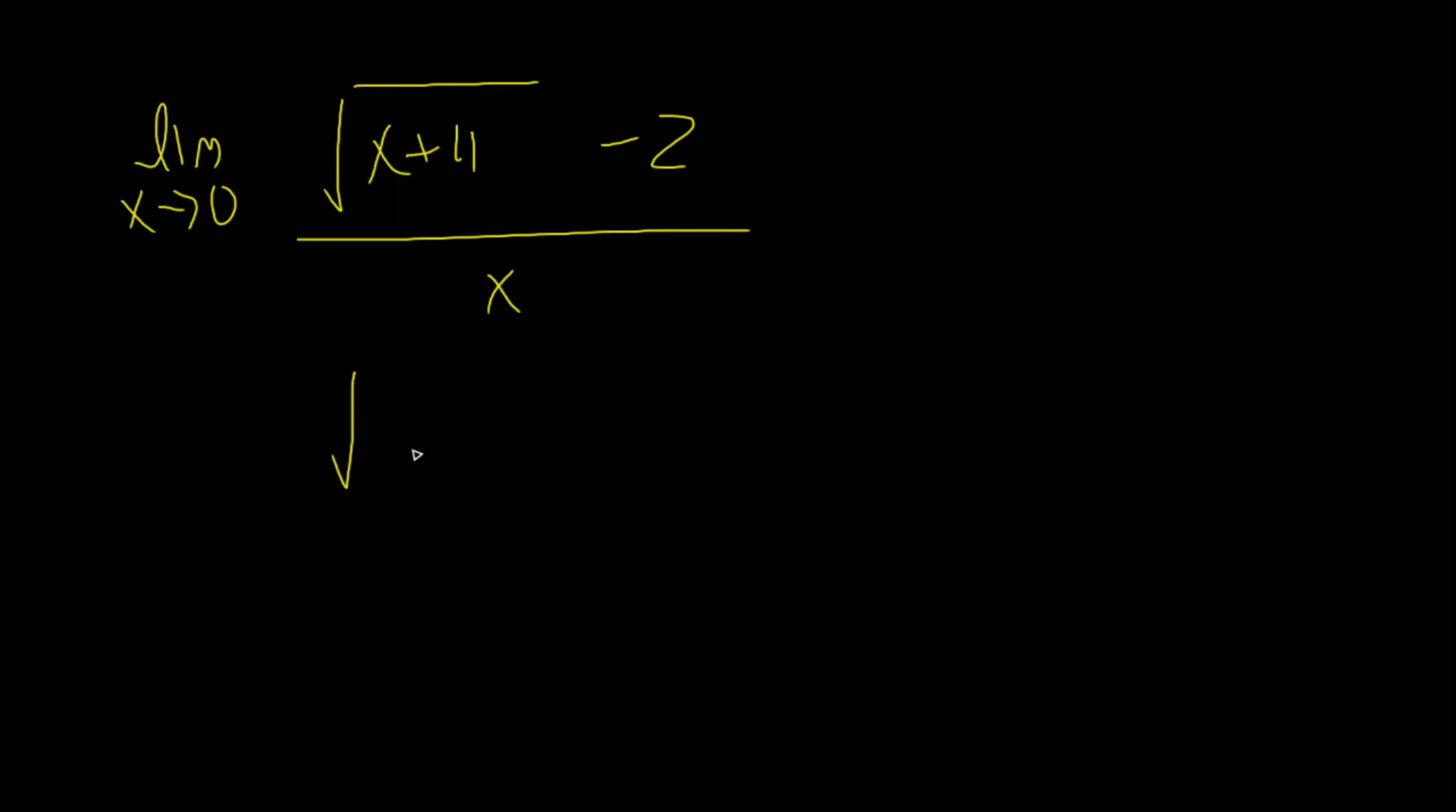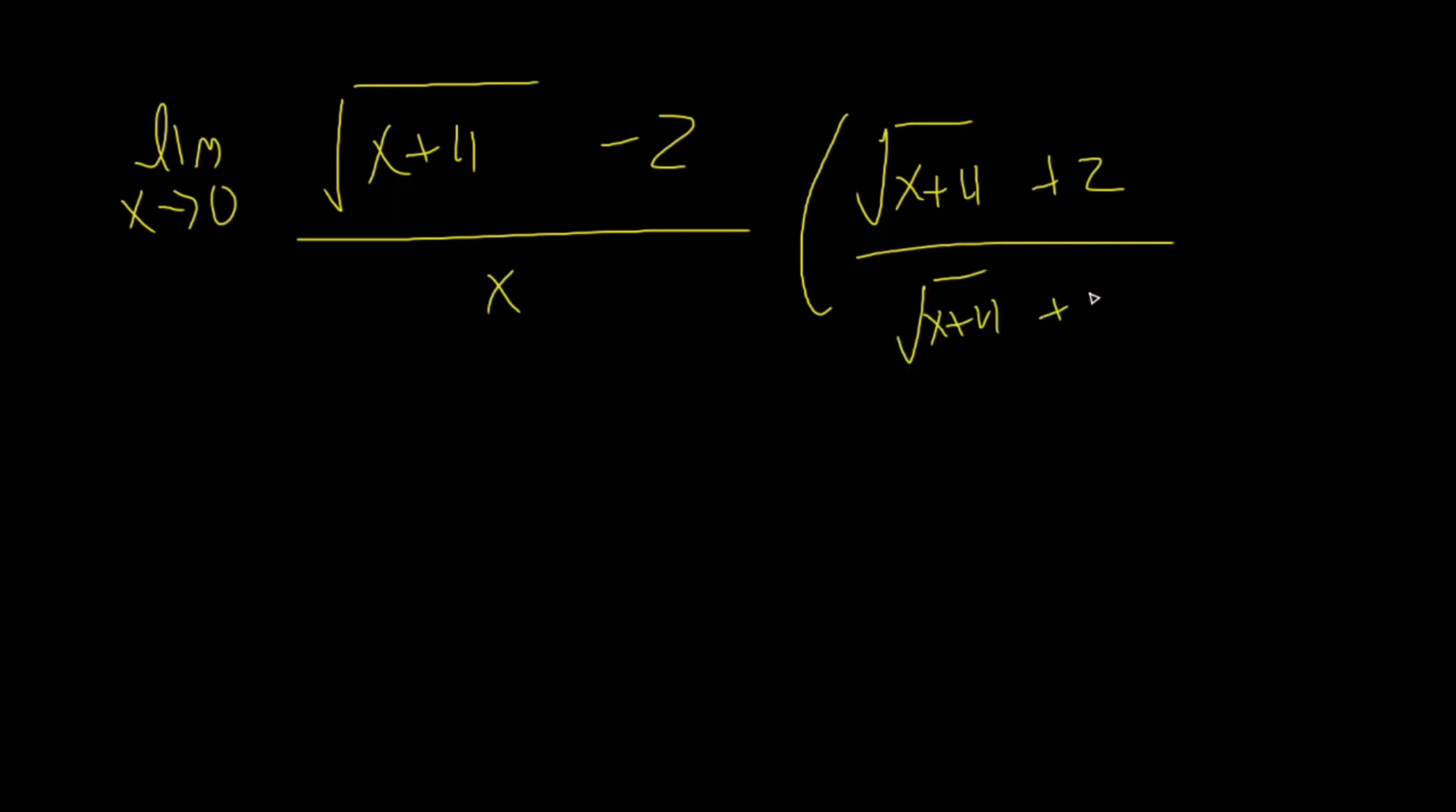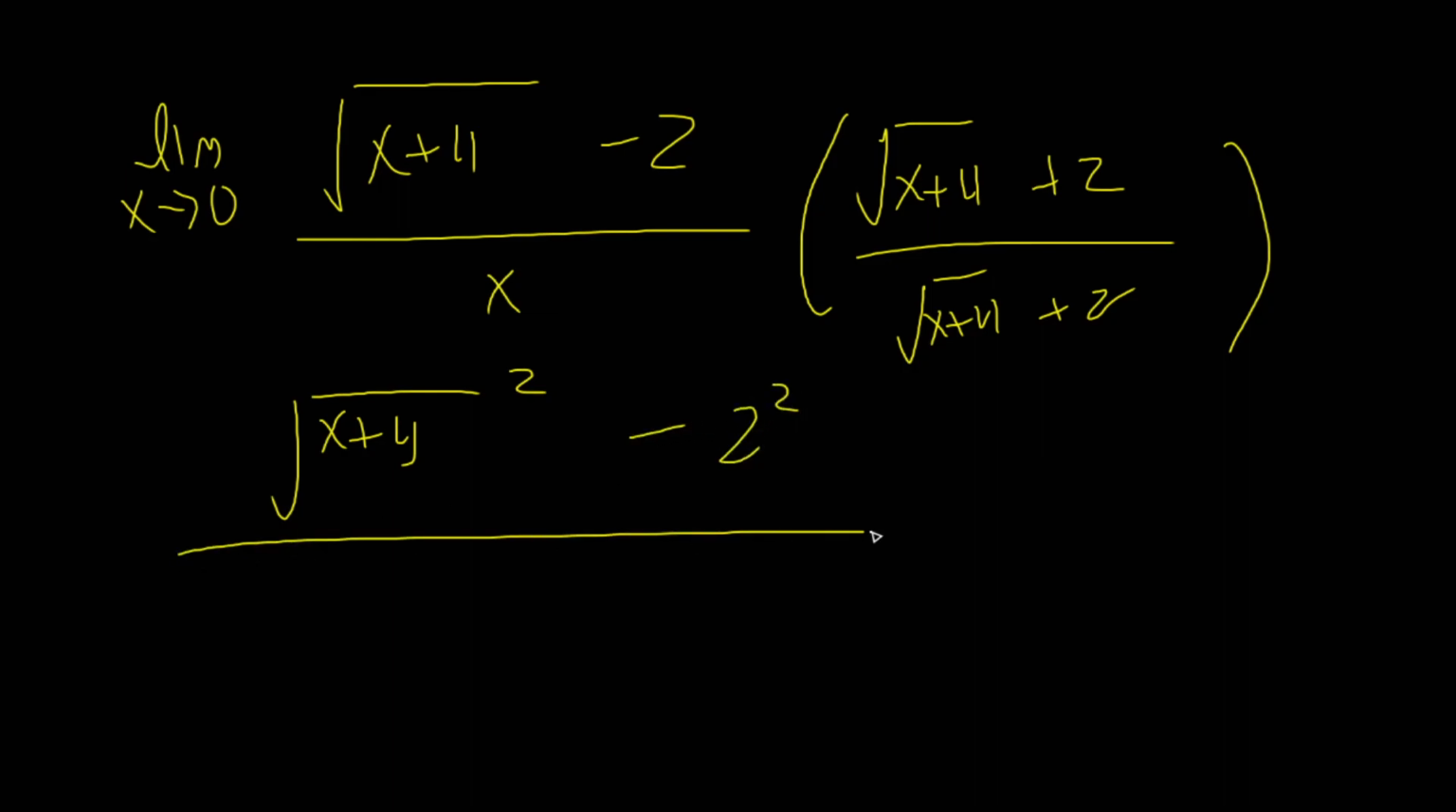So we're going to try to do some algebraic manipulations here. We could try and rationalize this, right? Or sorry, we're not going to rationalize, we're going to multiply by the conjugate. So the conjugate is the square root of x plus 4 plus 2 over the square root of x plus 4 plus 2, right? And we know from previous grades that the numerator would equal a squared minus b squared. So my a is the square root of x plus 4, squared, minus 2 squared, all of that over x times